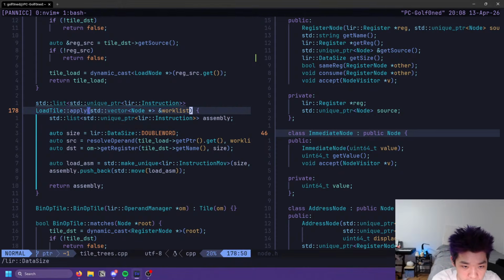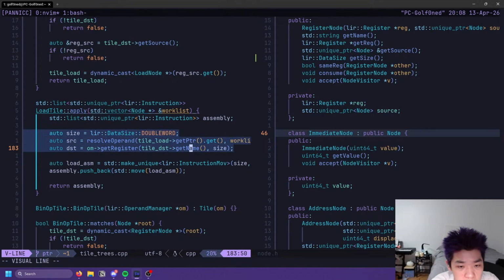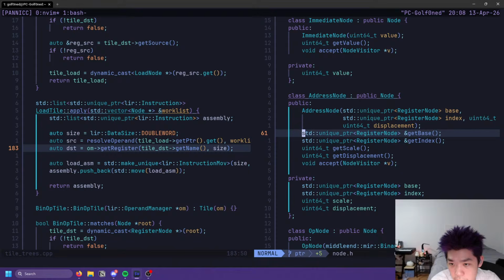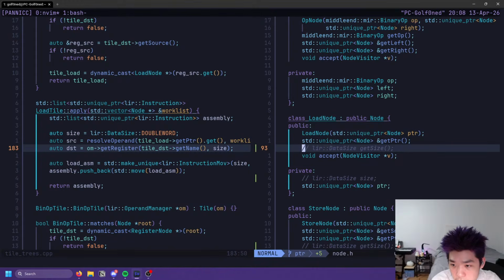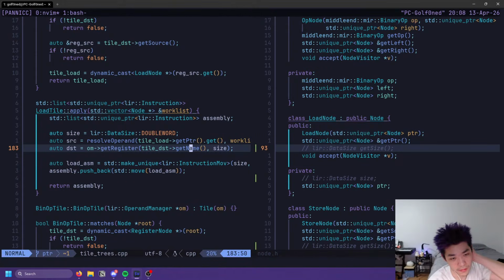What am I doing here? Oh, I see. Apply makes the thing. So we have the fields of load. It is just putter, which is really unfortunate.